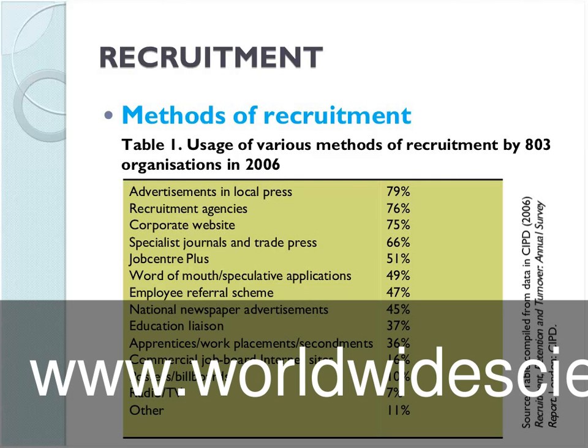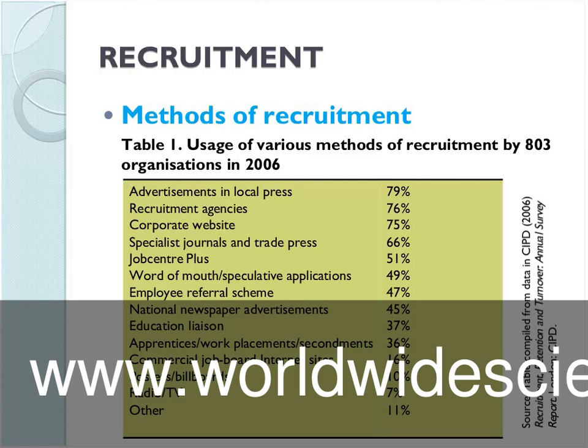You can see the UK statistics. So most companies actually use advertisement in local press, 79%, the recruitment agency 76%, the corporate website 75%, the special journals and trade press 66%, the job center plus 51%, word of mouth speculative applications 49%, the employee referral scheme 47%, national newspaper advertisement is 45%, the education like